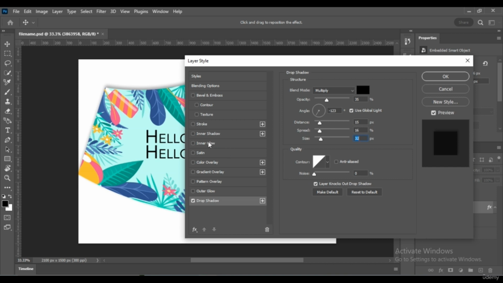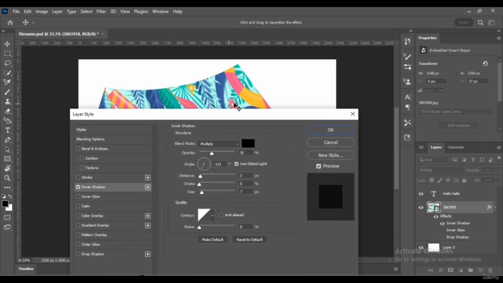Then the inner shadow, as you can uncheck the checkbox over here and check the inner shadow right here. This functions similarly to the drop shadow, but however, the shadow will appear inside the object. And the spread option in drop shadow here is named choke.